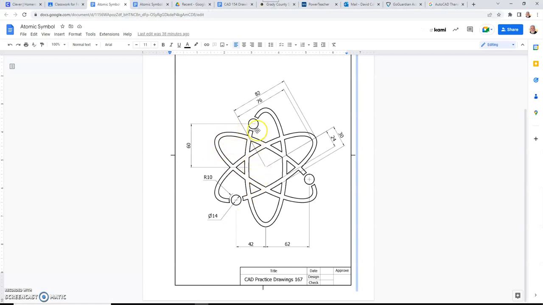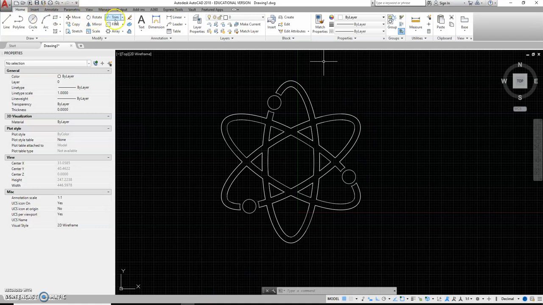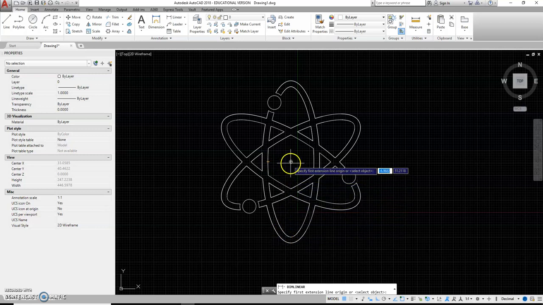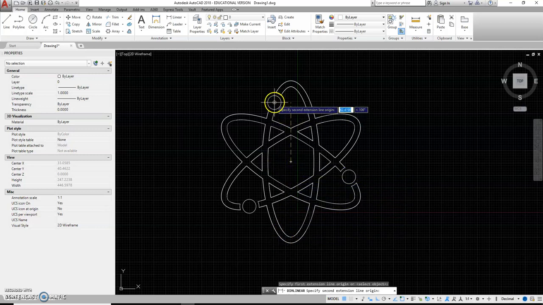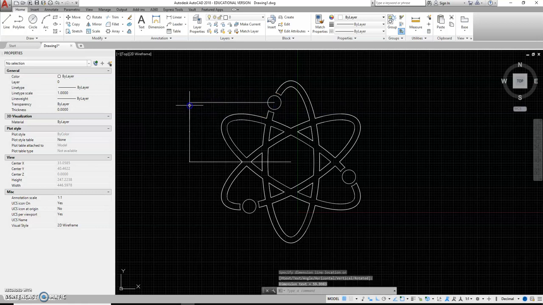Let's get some dimensions here. From center point to circle center should be 60. Center to edge 82. Center to edge 30. And so forth. So 60, 82, and 30. I get a linear. Touch this. Now,